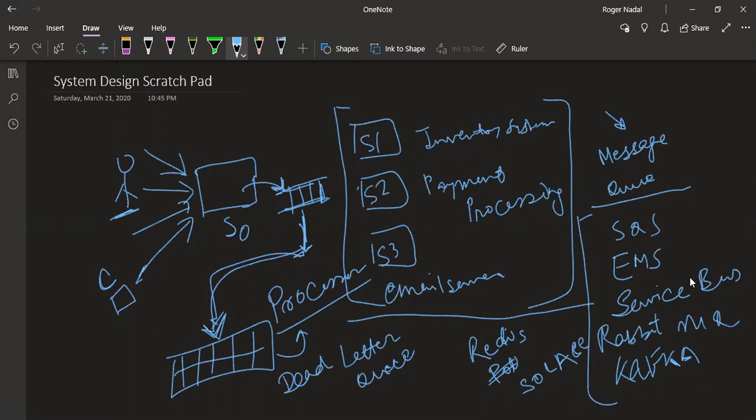So the queue can grow up to a certain point, right? And then, let's say we have a threshold, and we can also scale the queue horizontally, but up to some point we have to deny the incoming requests. Is that right? For example, on Black Friday, a lot of people go in and the system may not be able to handle that. What would be a proper design in this case?